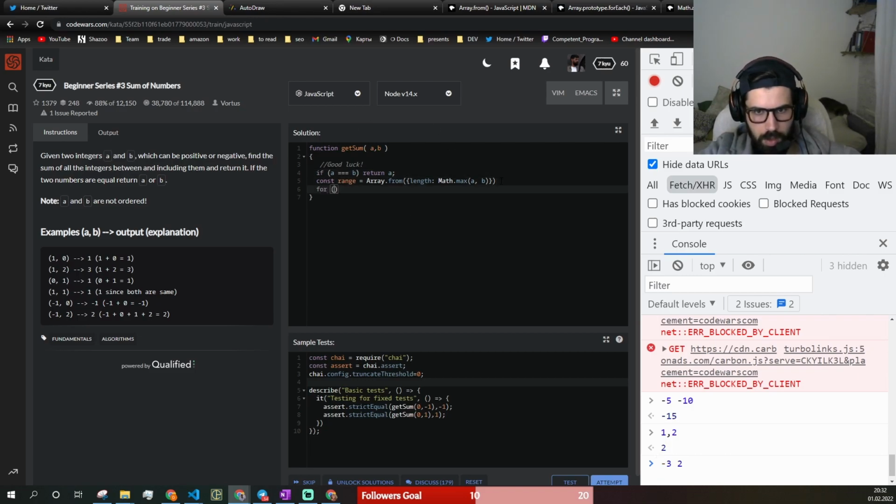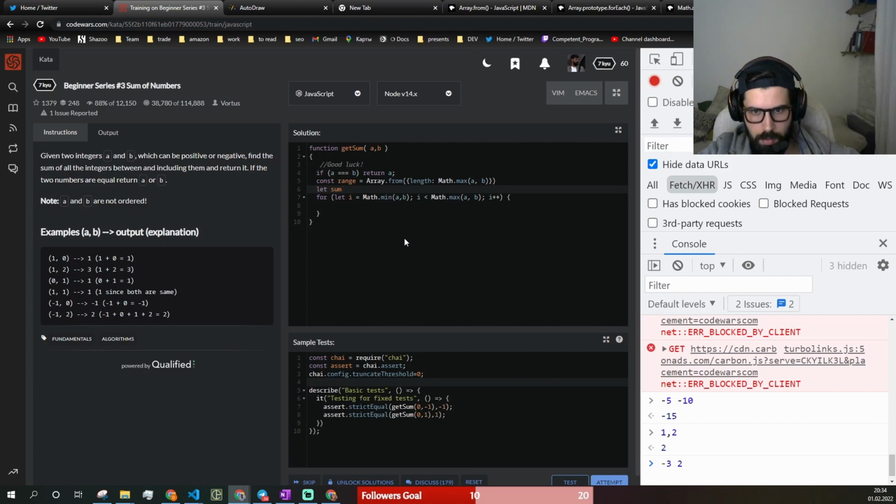So for let i, we start from not 0, but we start from Math.min A and B. We do it till i is less than Math.max A and B, i plus plus, and then we're doing